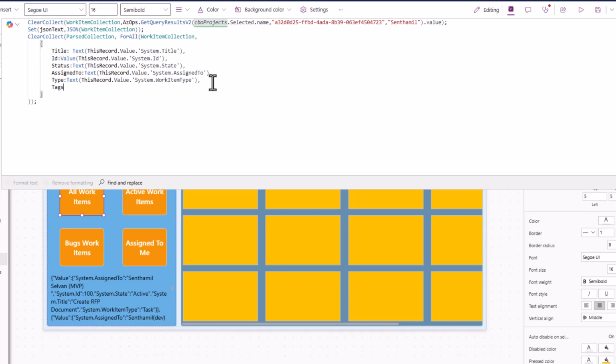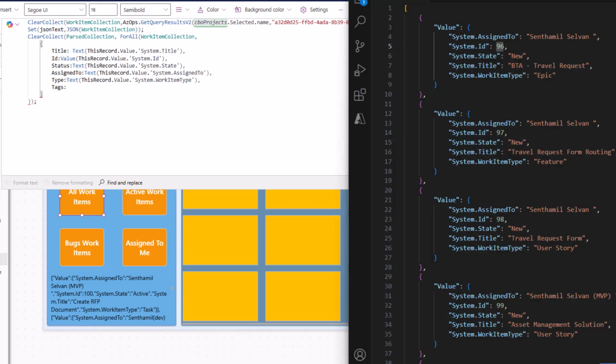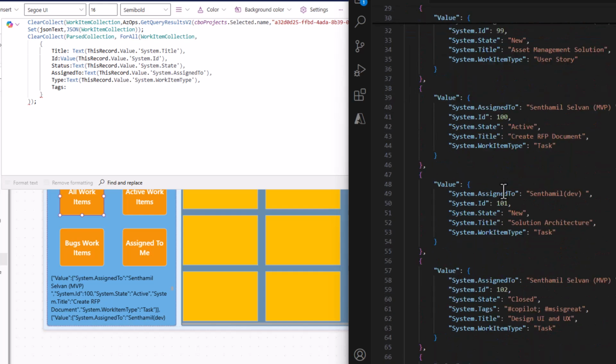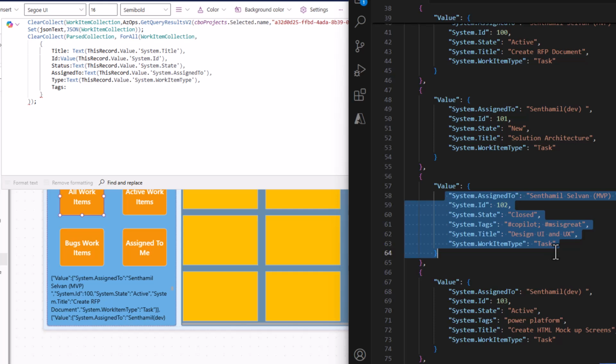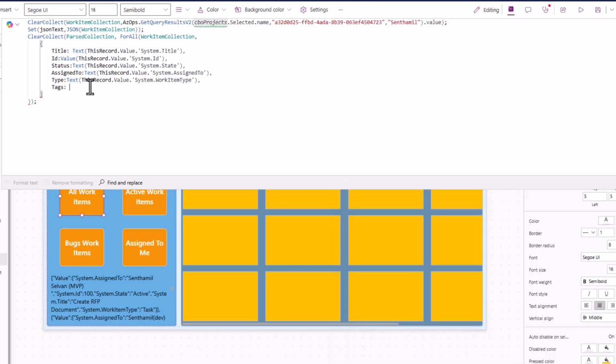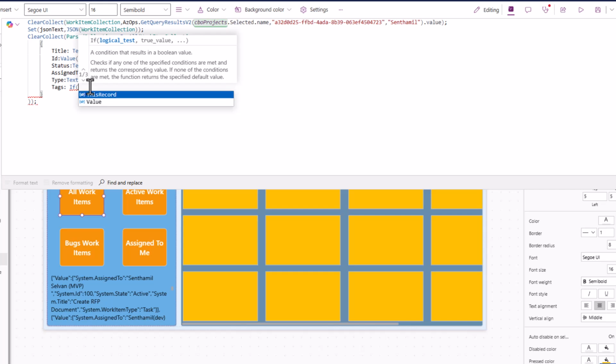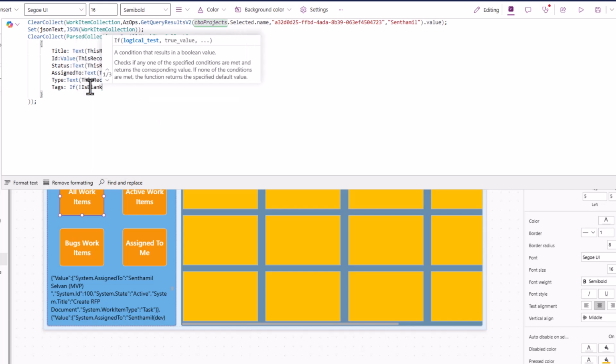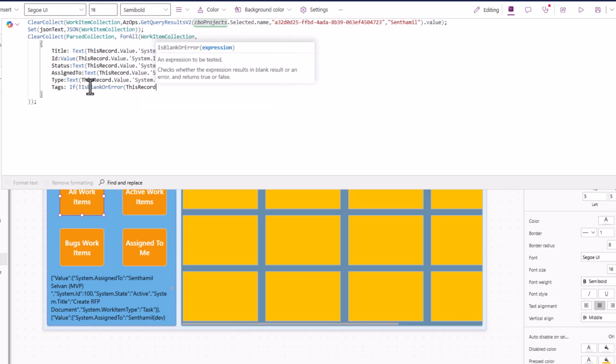What I'm going to do is that tags, as you can see here, tag doesn't appear here in this array index, but it appears only further down in this index. So you can see here the tag appears only here. So you cannot directly say tags value of, it will throw error. You need to first identify whether first you need to find whether that property is there. For that I'm going to use IsBlankOrError. So whether it is blank or error,